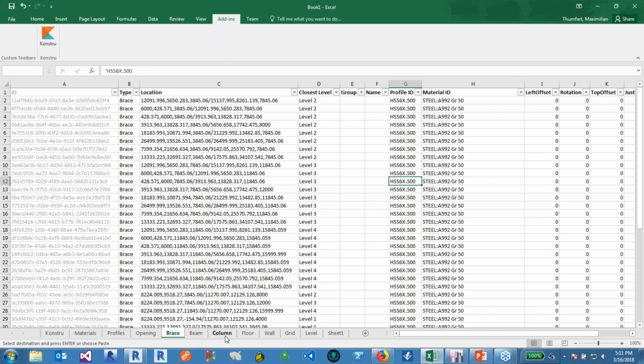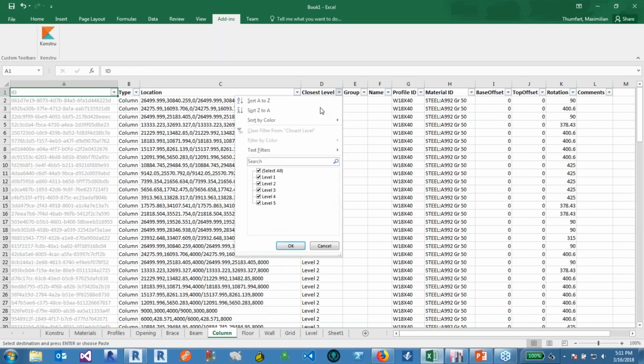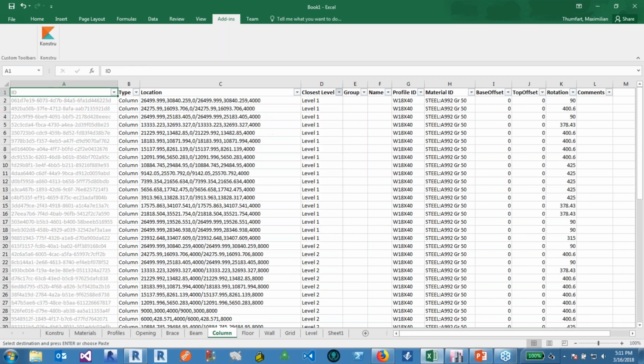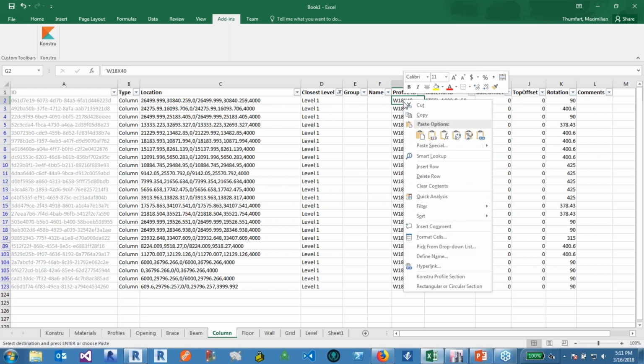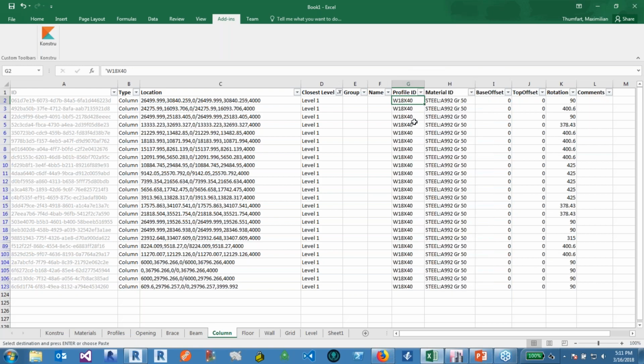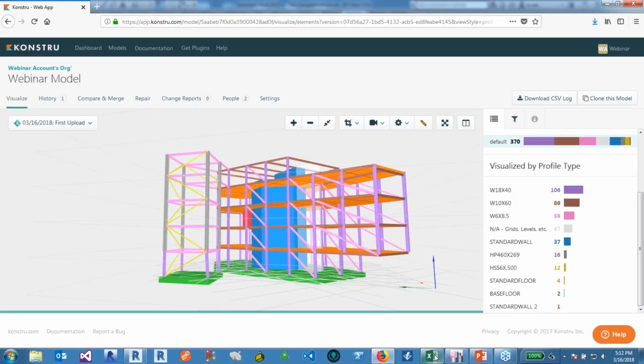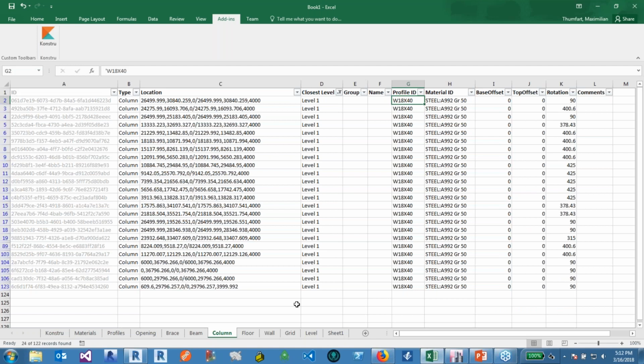Let's say we go to columns, and on columns we go into the first level, and on the first level we might change all the section sizes to something else. For example, let's explore our profile section catalog if that's possible, or just type in something else that might make sense for you. For example, we can just copy over the other section size. We can just go, for example, to another level